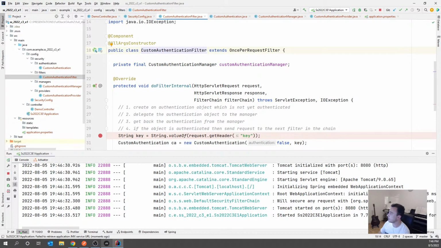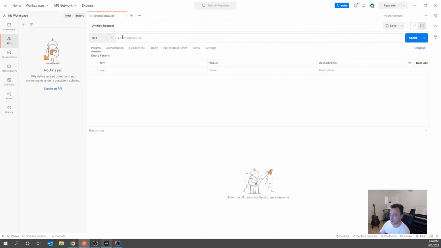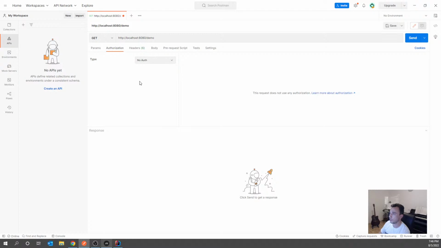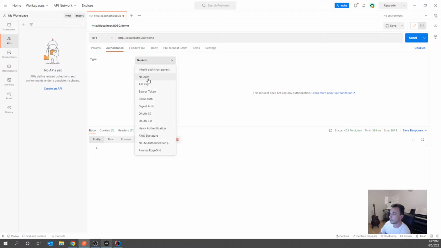and it says it started, and then I'm just going to pick my Postman here, and I'm going to say I want to call the demo, so HTTP localhost demo, and in the authorization let's use no for the moment, so we try to call it without an authentication at all. And of course the expectation is it shouldn't work because we explicitly stated in the configuration that we need for the endpoint to be authenticated. So you can see here clearly that we get back a 403 forbidden, while in case we